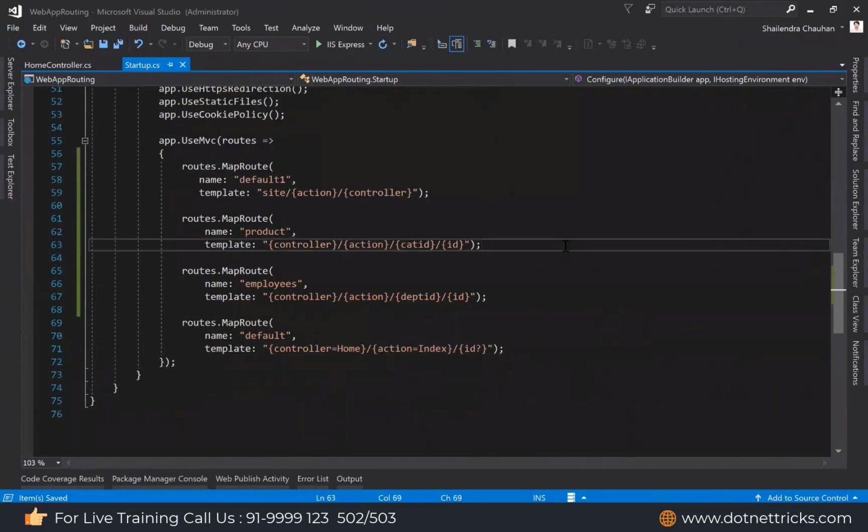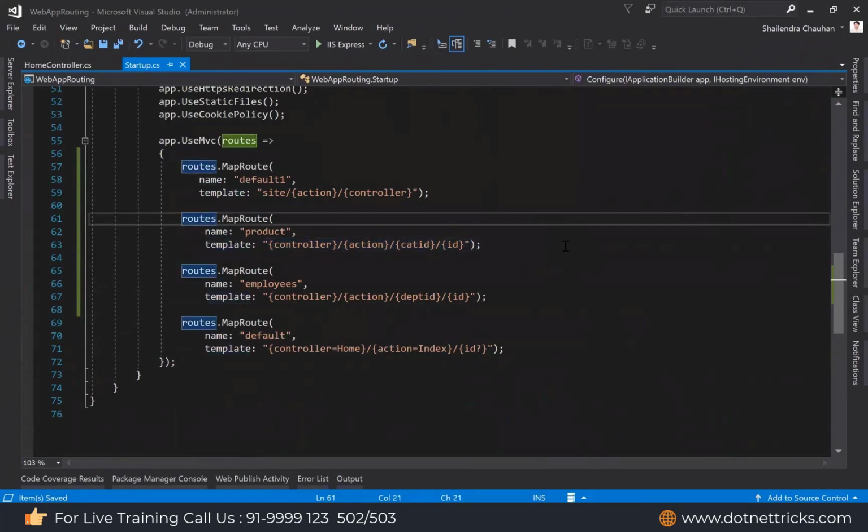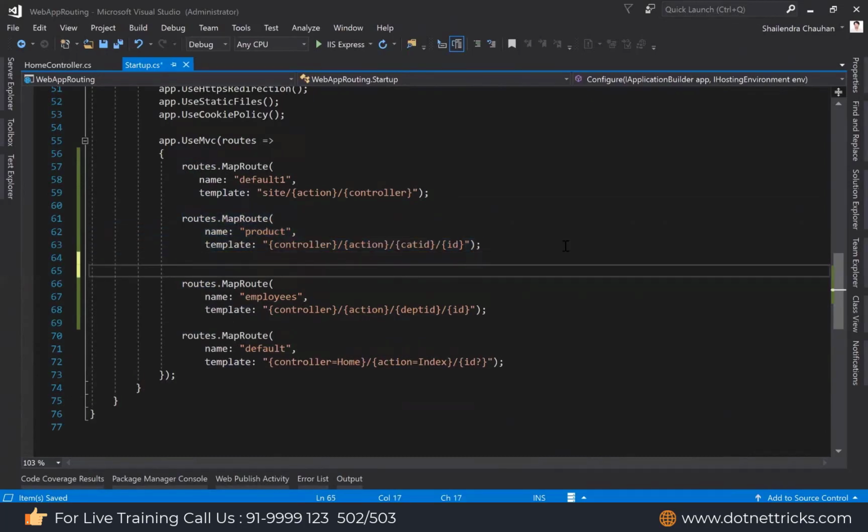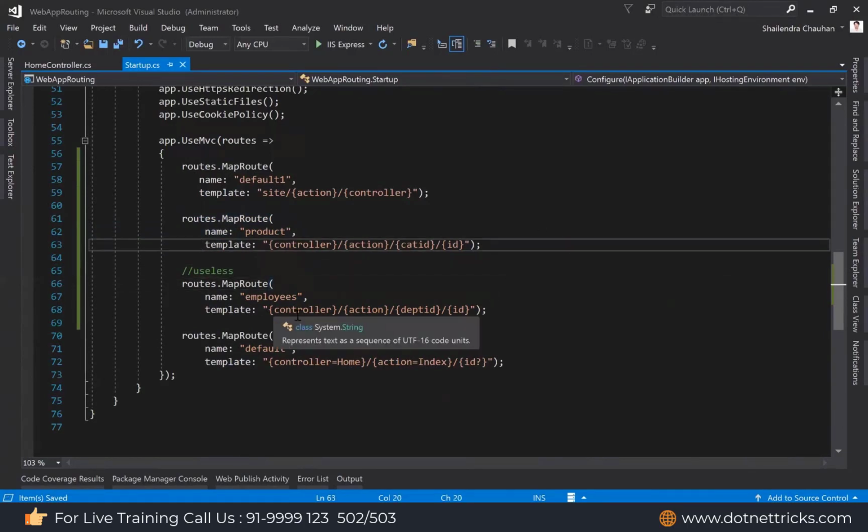So now guys, when you're defining routes, every route should have a unique pattern. It should have a unique template. If two route templates match each other, what will happen? Only the first route will be useful, and the second route pattern would be useless. In this case, product and employees have the same template. Here also we have four mandatory parameters.